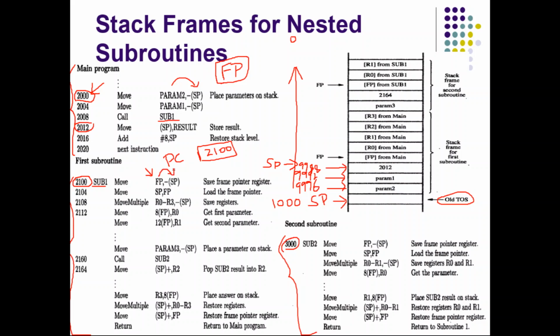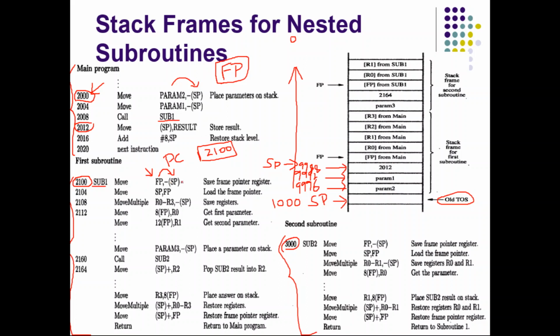I think the point is clear. Similarly, see how before using the register contents, we push registers into the stack. Why are we not using R0, R1 and R2 directly? Because the main program might be using them. Similarly, the frame pointer may be used by the main program, so we cannot overwrite its contents. For that reason, the old value of the frame pointer, which is being maintained by the main program, is pushed into the stack. That is done by this instruction.